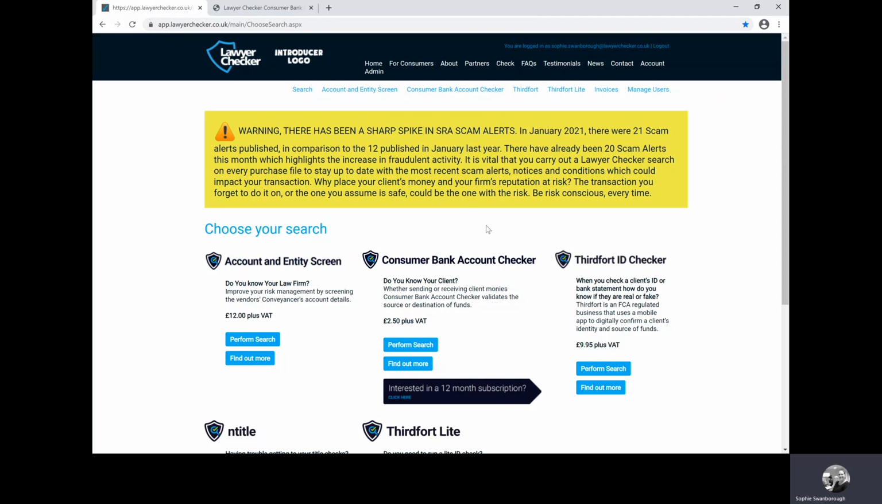Today's session will be covering our consumer bank account checker. This is a way that you can validate a client's bank account by providing the information into our system. This is then checked via Experian to validate those accounts. One of the primary uses of this is if you're going to be transferring large amounts of monies to a